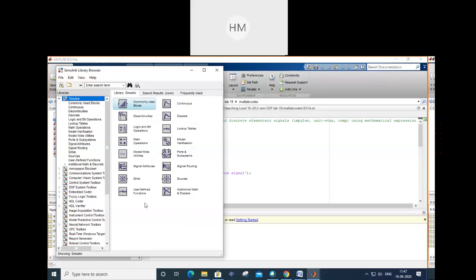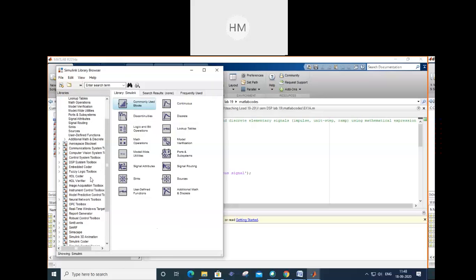You can use MATLAB language directly. You can write your program or you can design separate blocks for that program. Two ways you can write. You can design your own blocks by using Simulink or you can write your program.